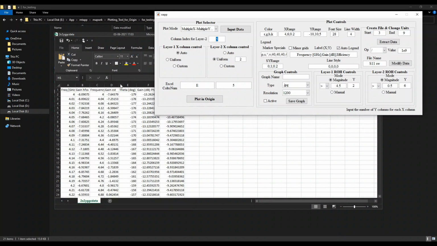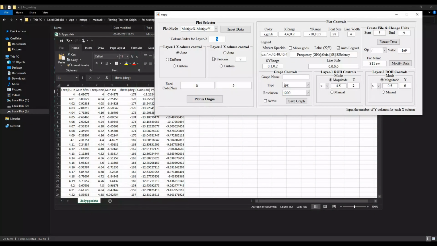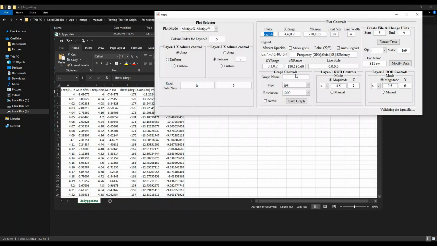And the key component, the separation index, will be 5 only, since the theta and degree regions are in the E column. So the 5 will remain the same. And I will just change the plot mode to multiple X multiple 2x 2y plot. Just input the data, 2x 2y,